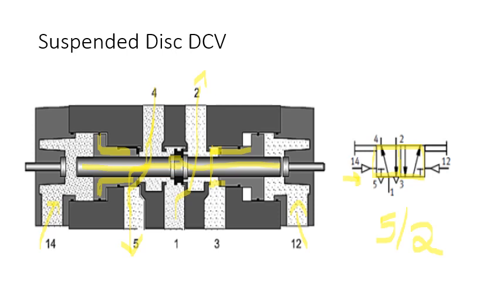Always 2 will be connected towards the piston end of the actuator and 4 will be connected towards the rod end of the actuator. Nothing but 2 will be the first outlet port and 4 will be the second outlet port. And 5 and 3 are the return line or exhaust to the atmosphere line, and 1 will be the input, air from the compressor. And this symbol indicates the hard stopper. So the spool disc will be restricted by the hard stoppers. So it won't move more than this. This is the indication, right?